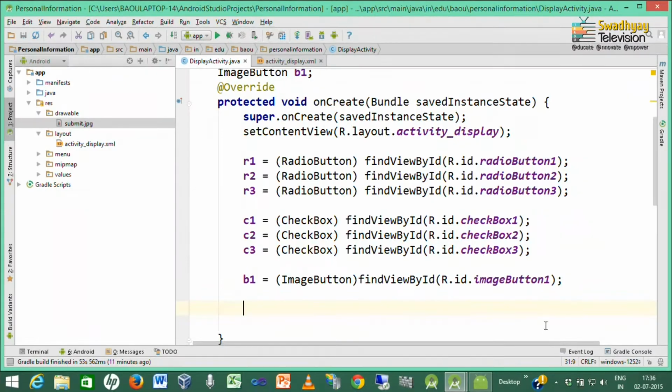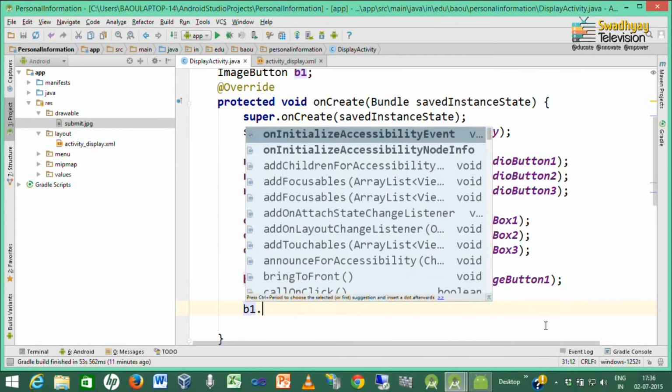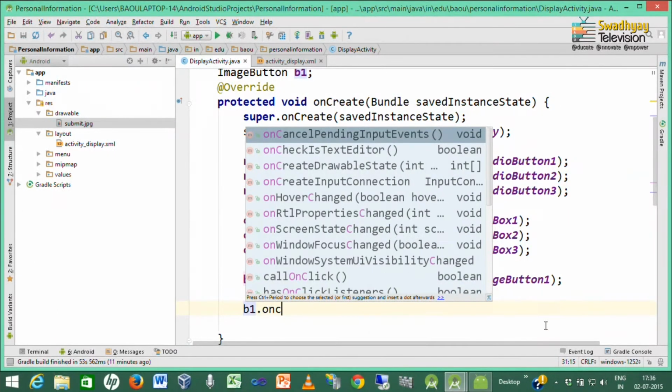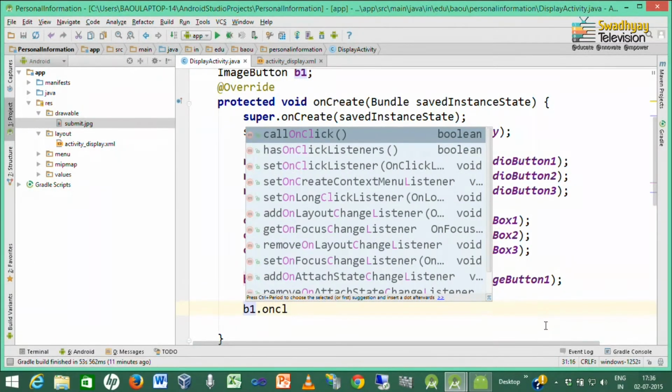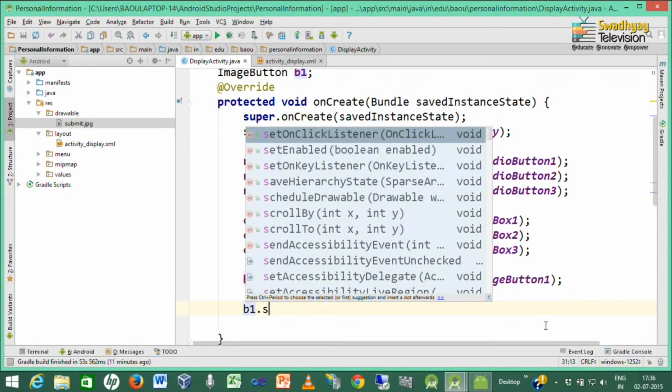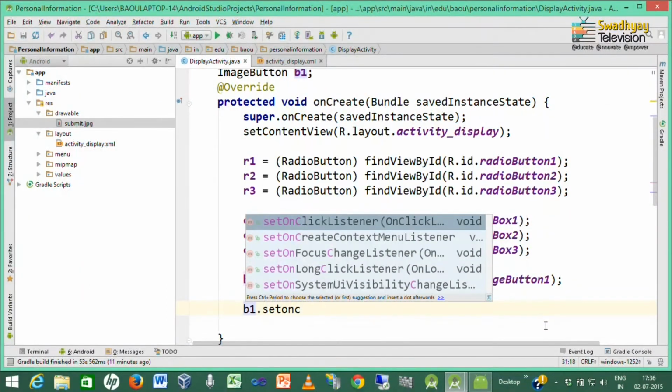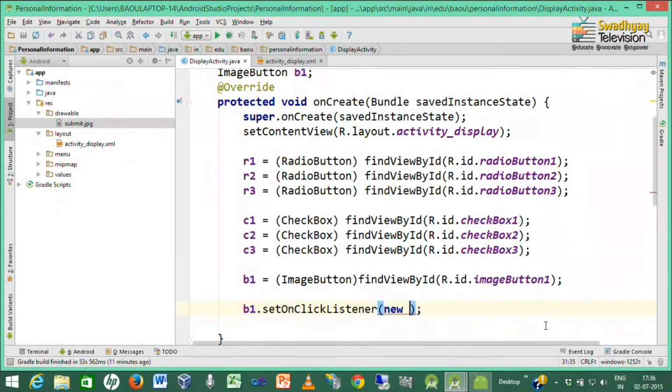Now, whenever the submit button is pressed, which means B1, in the on click listener we have to implement logic inside the on click method.